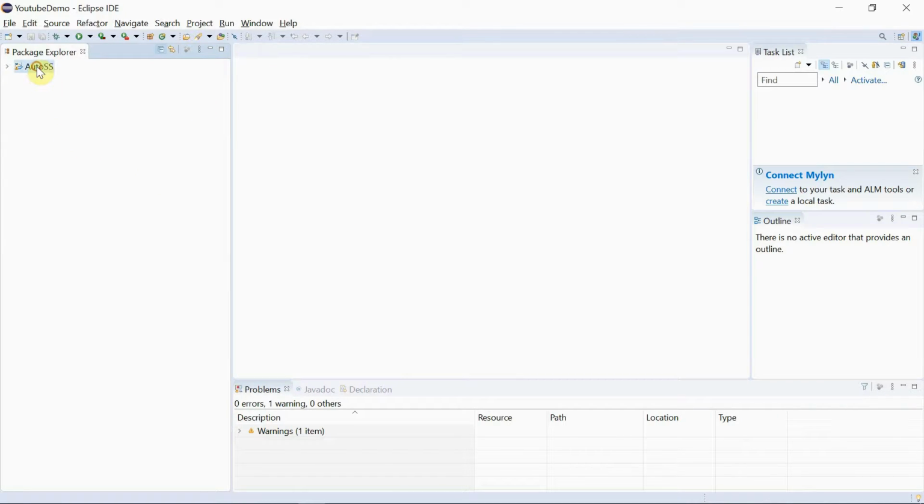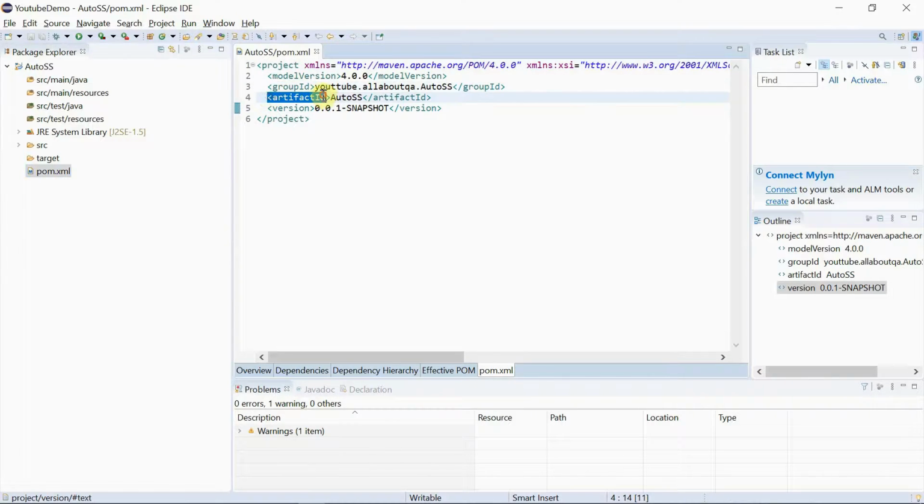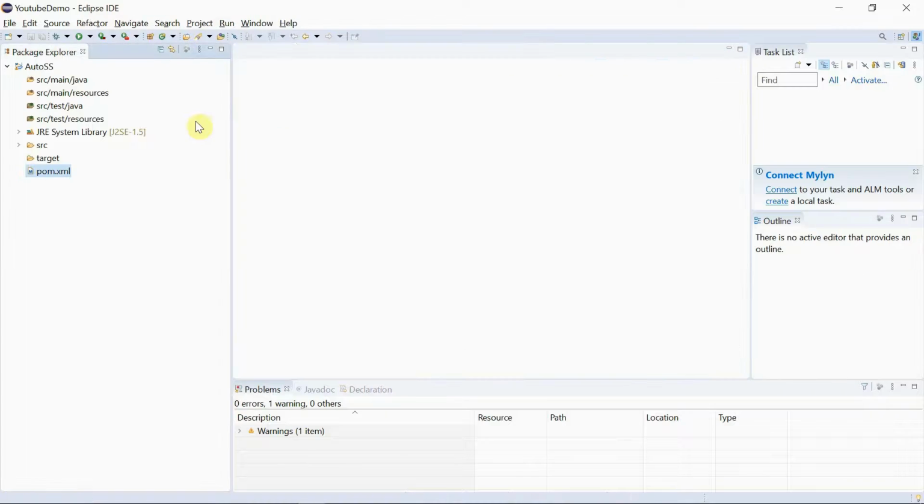Now you can see the project folder is created. If I expand it, you'll see this is the folder structure for your Maven project. You'll get a pom.xml file. We'll discuss the pom file when we'll be writing code for the Word document. So for the time being, our Maven project is created in Eclipse. Now if I open the pom.xml file, you can see here whatever group ID, artifact ID and version that you have entered in the initial phase, that is available here in the pom file. Anyway, we'll discuss it later. So now let us start writing the code.